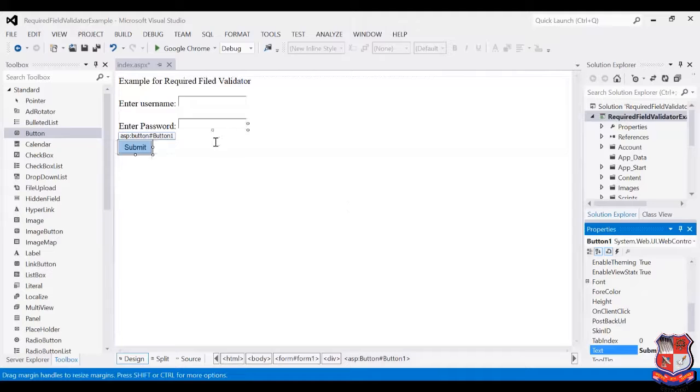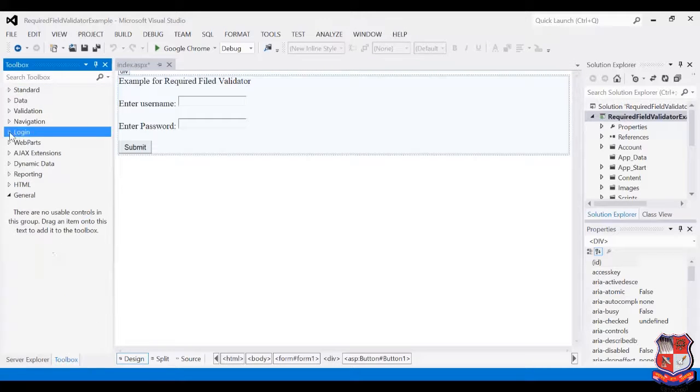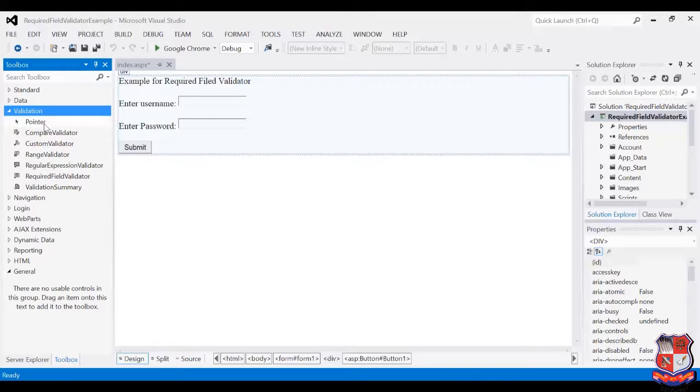Now how do we use the required field validator control? For that, firstly we have to go to the toolbox, then to the category validation. From that category we drag and drop the required field validator control.